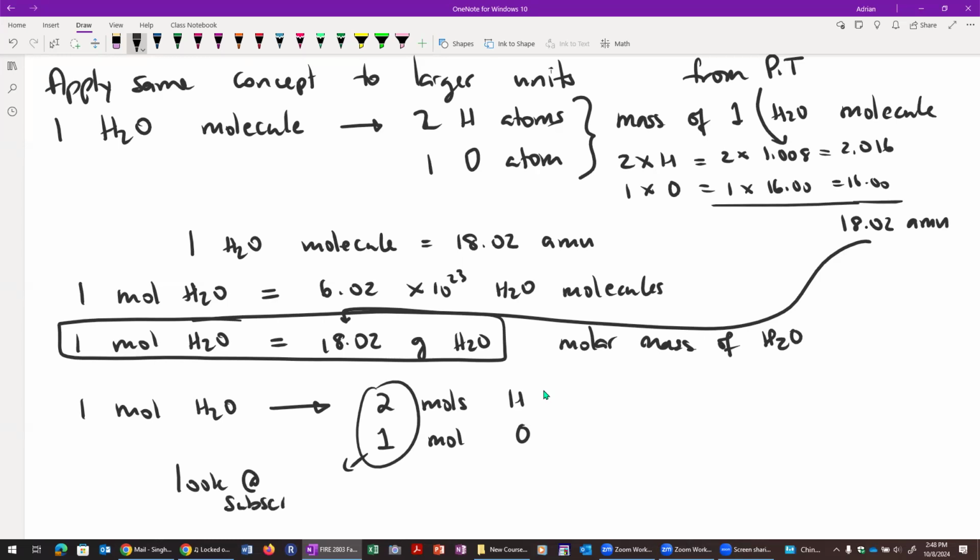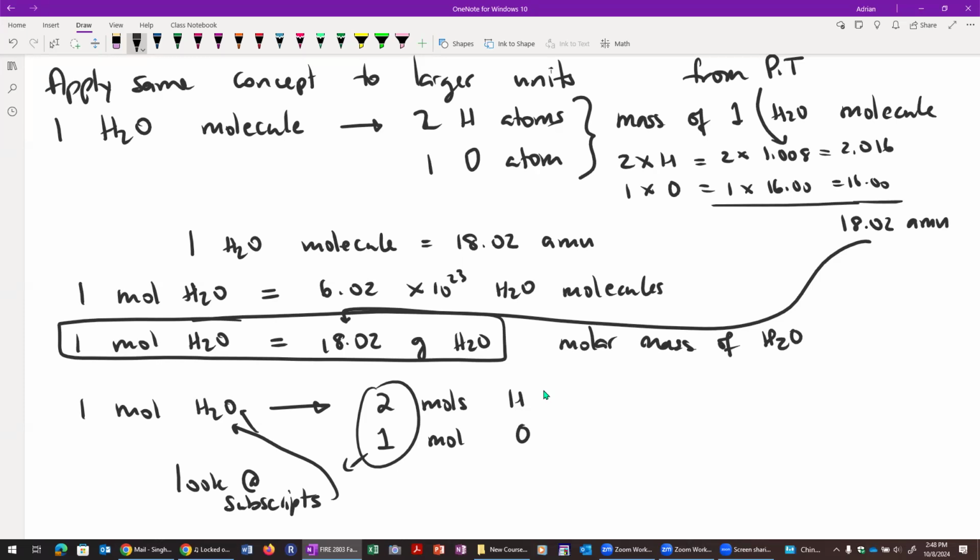Just like we use the subscripts to determine how many individual atoms we had in the molecule, those ratios tell you in what ratio the atoms combine, but they also give you a mole-to-mole ratio, right? And we use the same. We know that